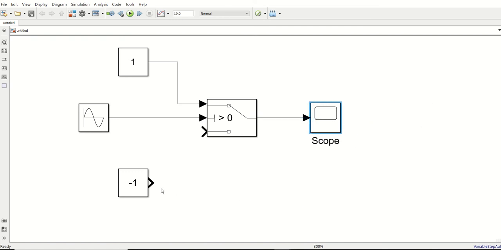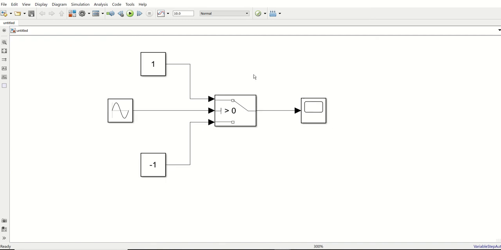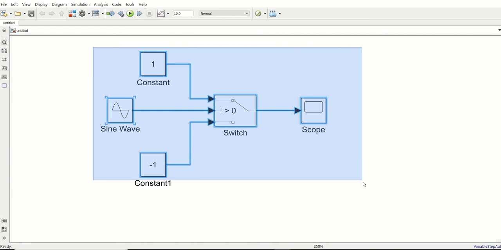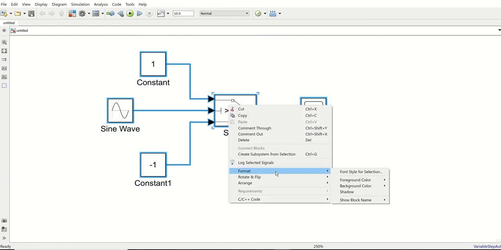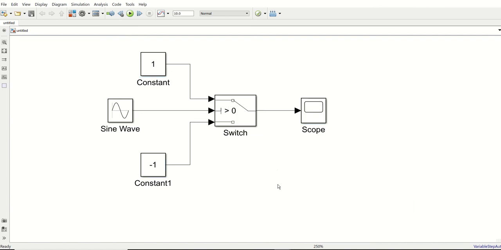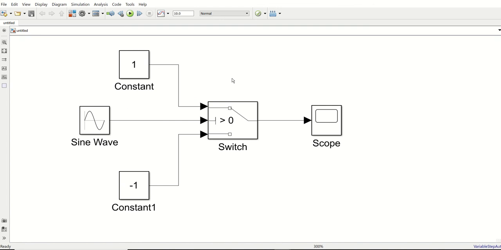Next, if it is less than 0, I will connect this input, and this input will be shown on the scope. For a better view, we can select all of them, right click, go to Format, and choose Show Block Names On, so you can understand which signal is what. Now we can save it or directly run it, not an issue.